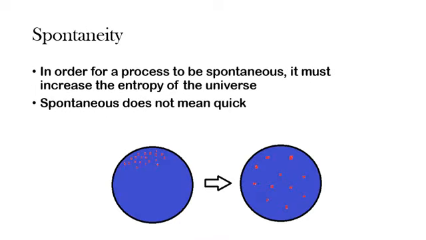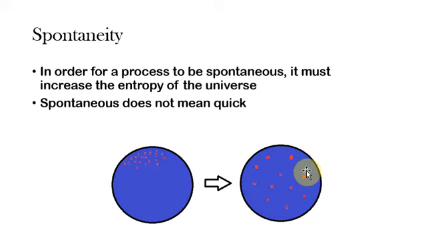Now, using those things, we can start to look at whether or not a process is spontaneous. And in order for that to be true, it has to increase the entropy of the universe. We talked about diffusion in a couple of our videos. This shows a very ordered system in which all the particles are very close together, surrounded by an area where there are none of the same particles. So there is an order here and low disorder, low entropy, and a spontaneous process such as diffusion would cause it to change and look like this, where all the particles are evenly spread, very dispersed, and there's high disorder